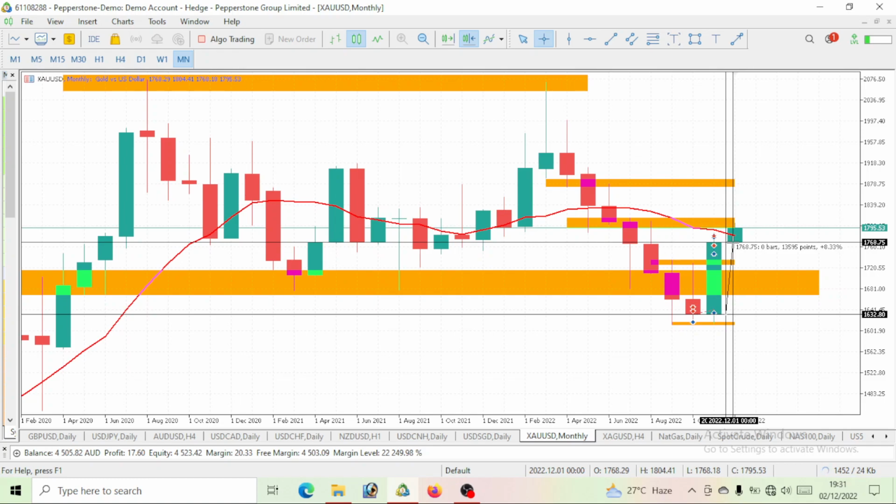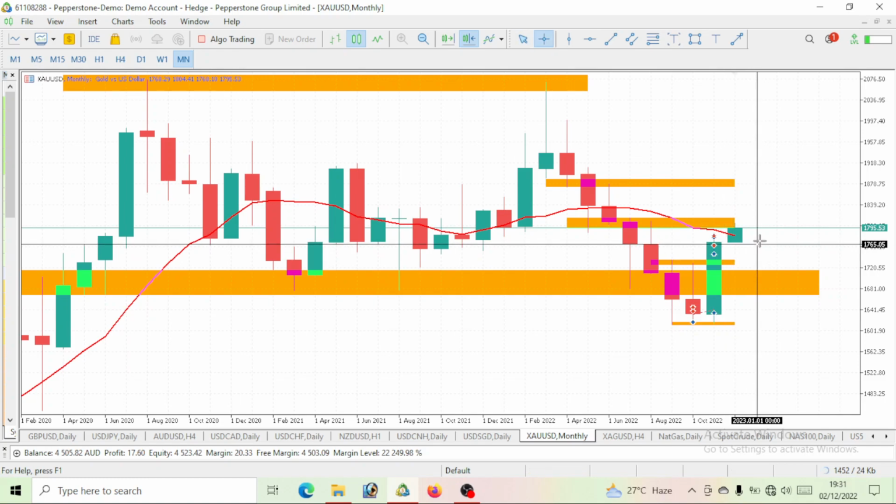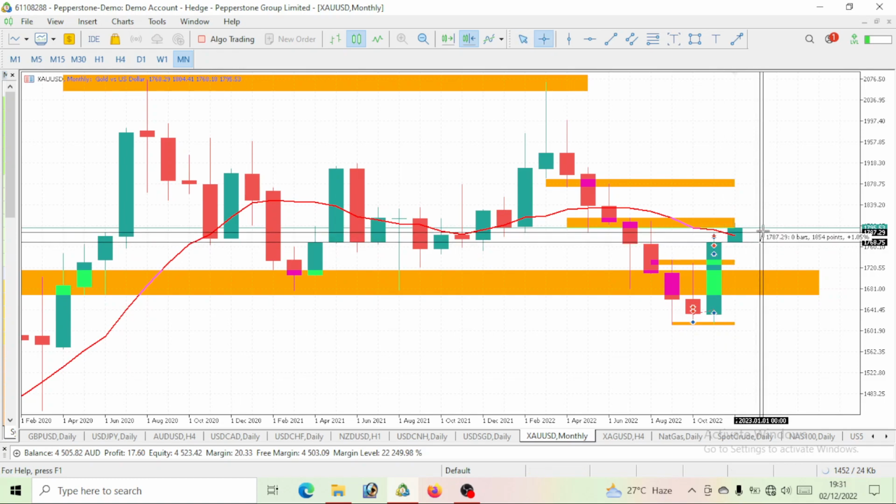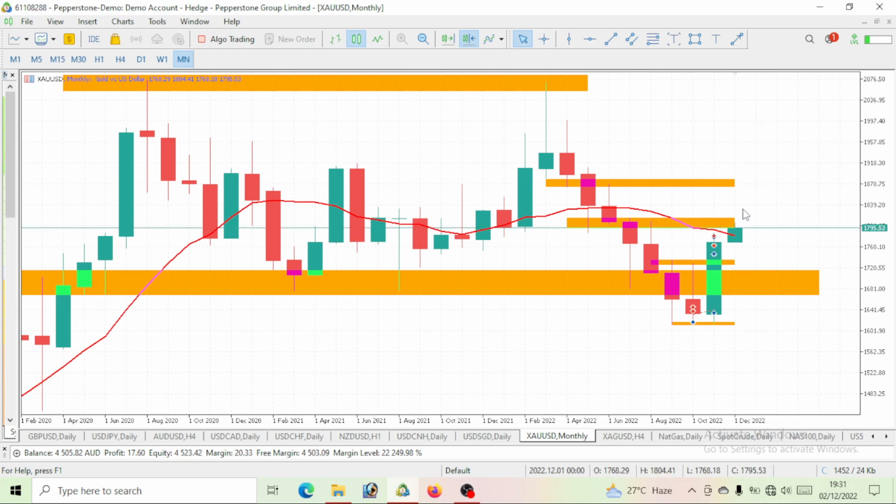So we actually made a bullish move on gold. Now take a look at this gold. Now we are going to be making a new bullish move, right? So this is a new bullish move that is made, right? So we've actually gone bullish. So we still have some bullish move that needs to be made on gold. So that is to tell you that throughout this December, we still want to see a good amount of bullish move.